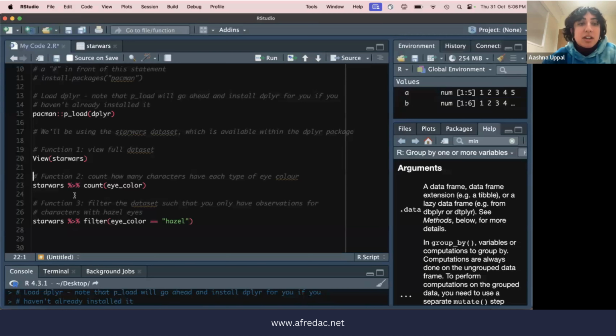So over here, I am now using some tidyverse conventions. Don't worry if you don't understand this fully now. When we start working more with data, you'll get used to how tidyverse works. This function is counting how many characters have each type of eye color. The way it works is it's taking my dataset, Star Wars. So I'm saying I'm starting with Star Wars, and then I'm counting eye color. So when I run this,